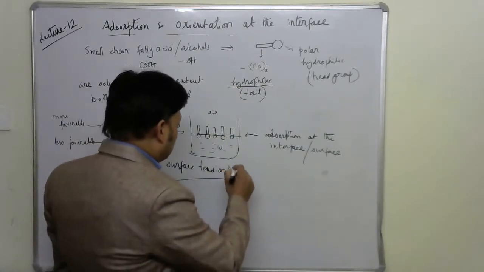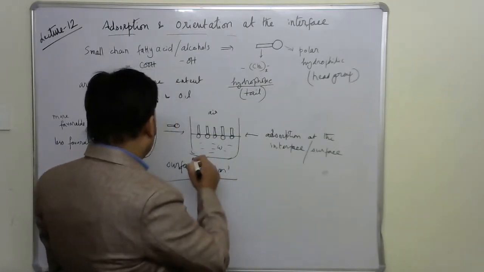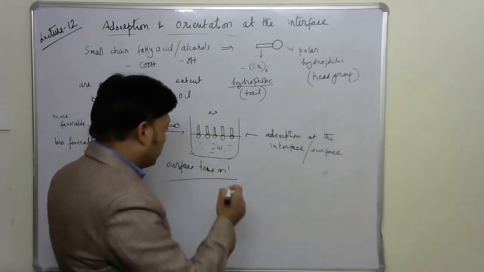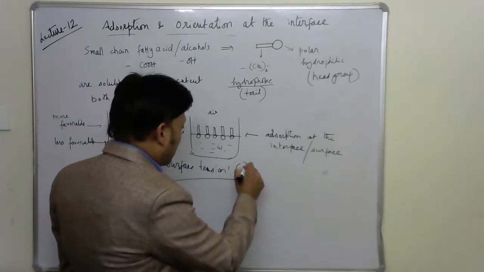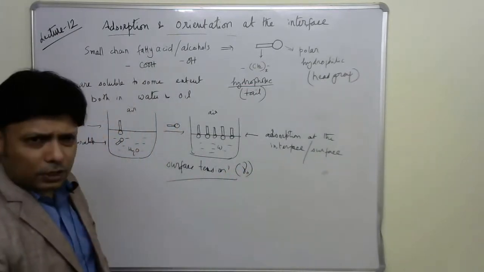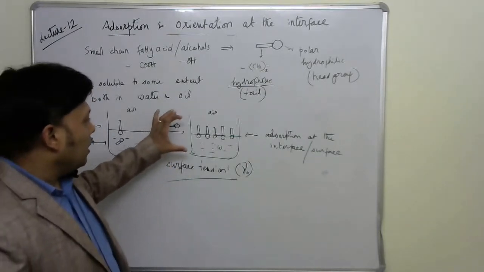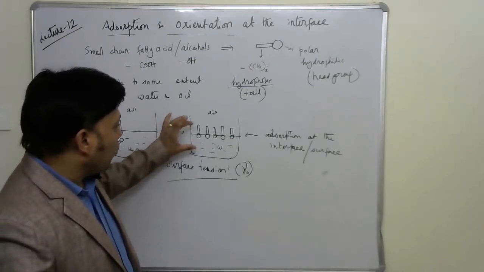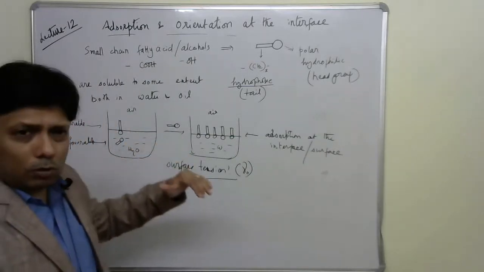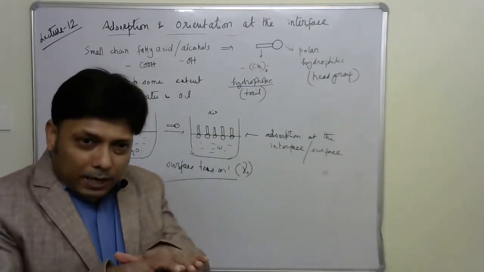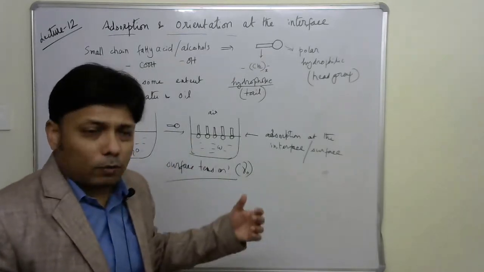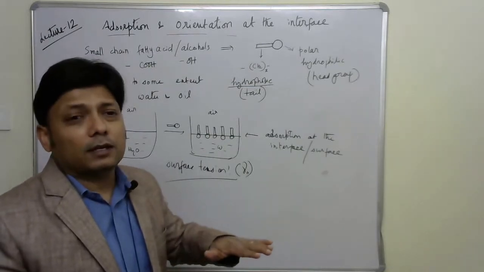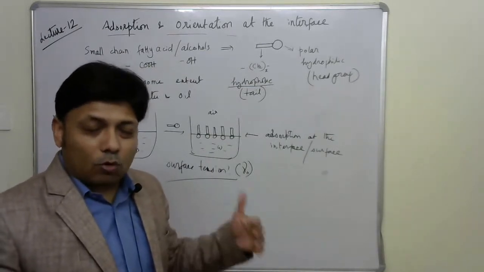So let's assume the original surface tension, before any addition of any other molecules, was denoted as gamma naught. So that is the original surface tension. Now you think about this. Whenever we have one molecule and we are adding more, whenever the second molecule comes in, the surface has to expand to accommodate the extra molecule. Whenever we are adding more and more, the surface needs to gradually expand in order to accommodate more and more